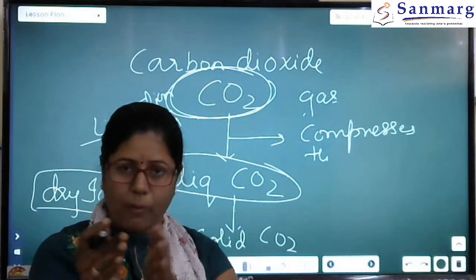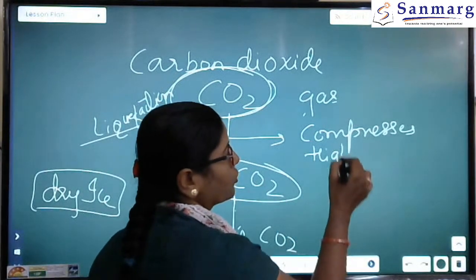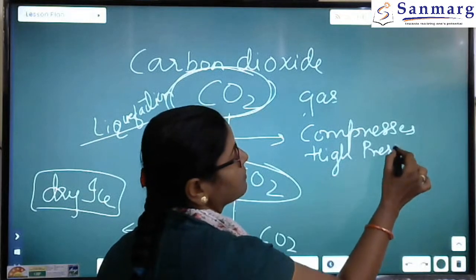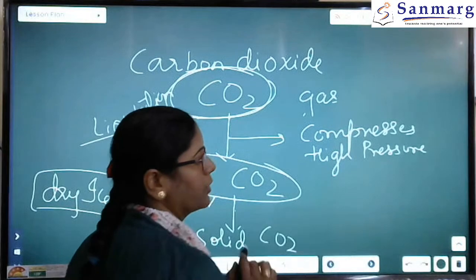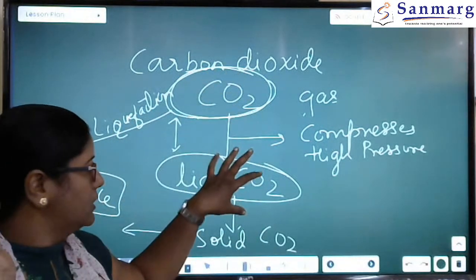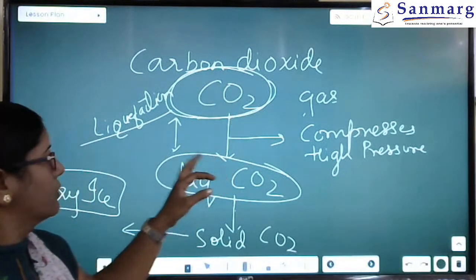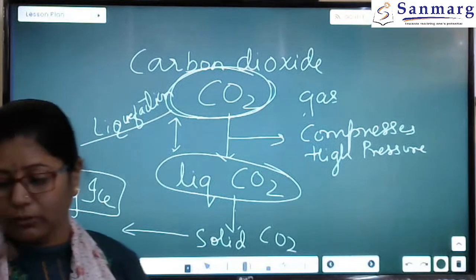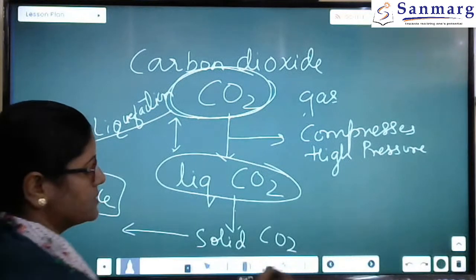Gas molecules are compressed when pressure is high. Okay? So a fixed temperature should be maintained. So when compressed, gas can be converted into liquid. This conversion of gas into liquid is called as liquefaction. So this is an intermediate step between gas and